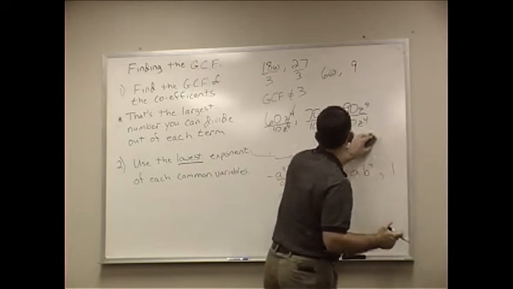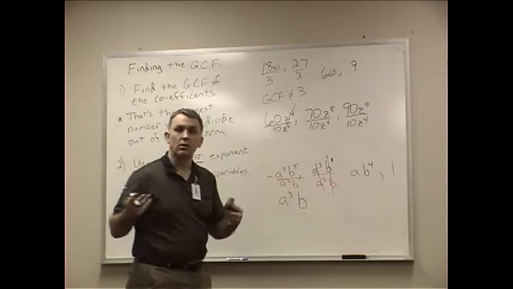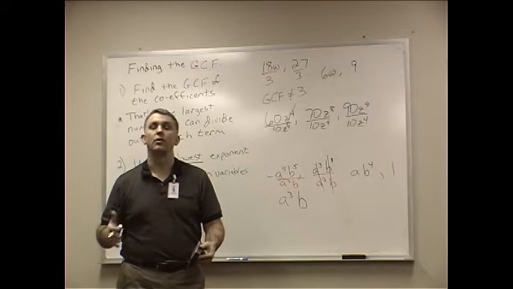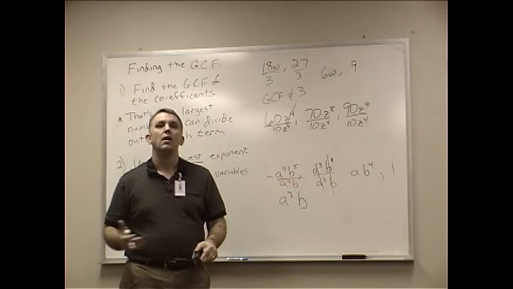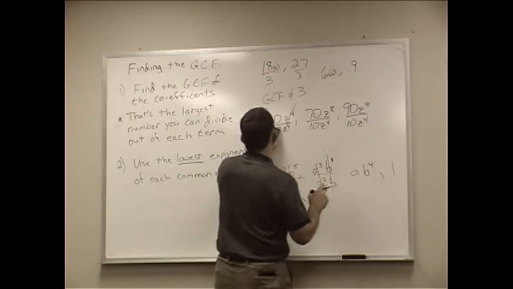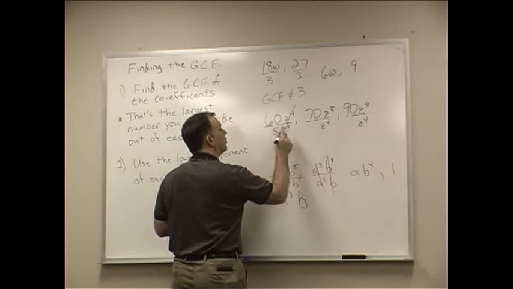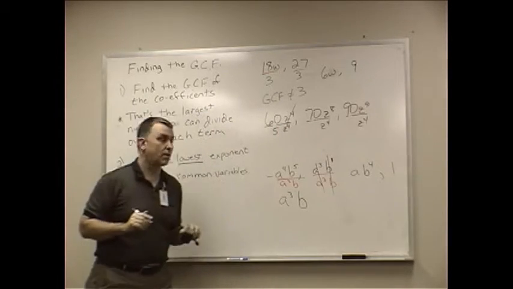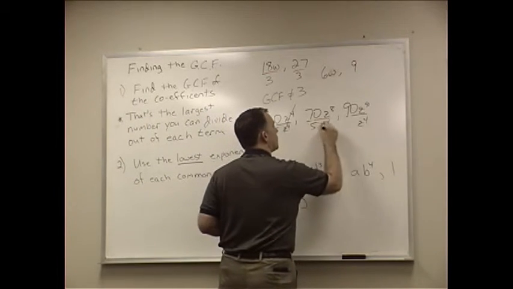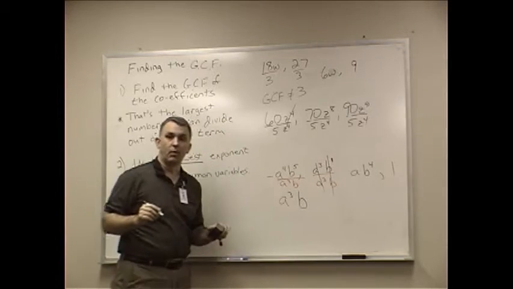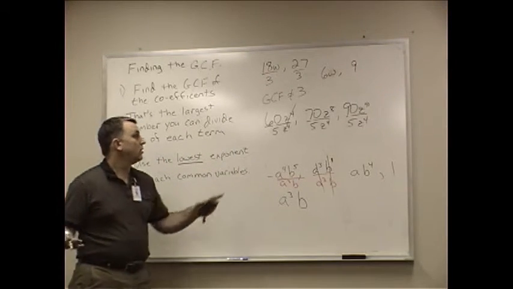I really want to pound this home. I want you to see what it looks like if you do it wrong so that you can realize that, hey, there's more that I have to divide out. What if you thought the greatest common factor here was 5z to the 4th? So if you thought it was 5z to the 4th, when you go to check it and you divide each